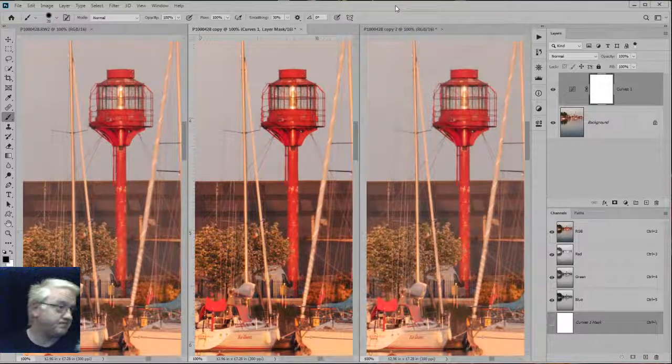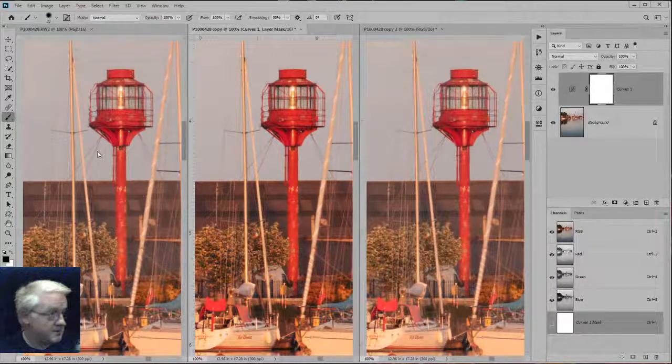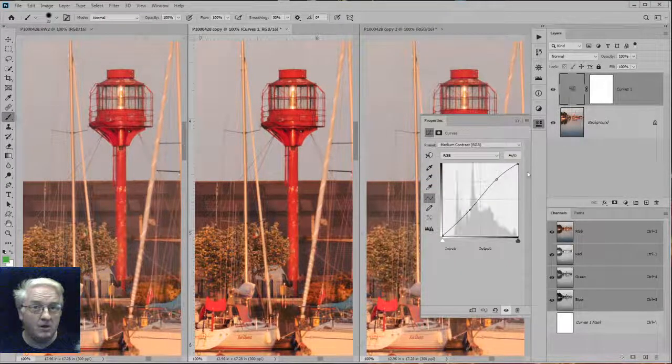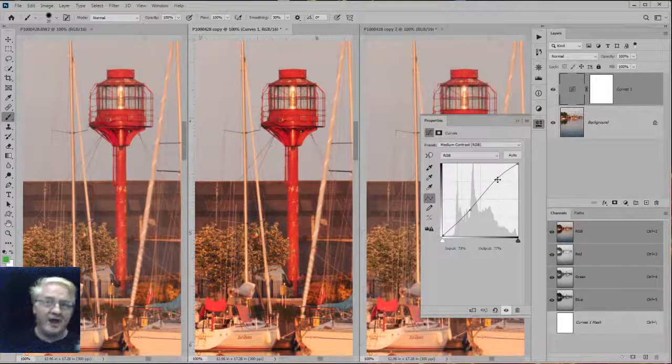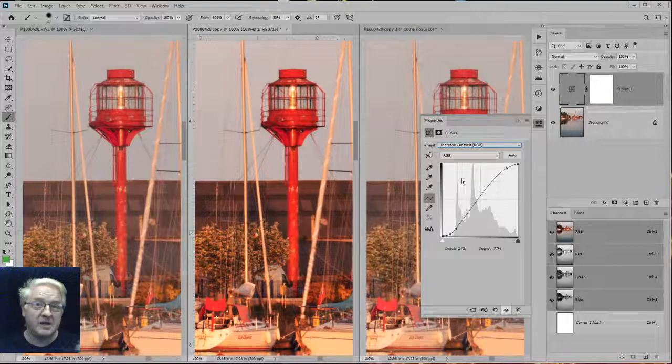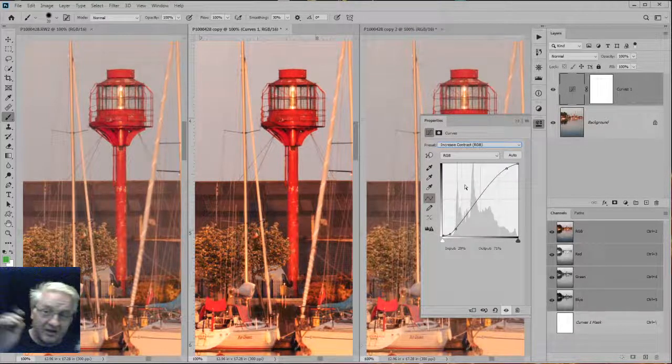You can see, even on the screen there, that the lighthouse in the middle is more saturated than the one on the left, and that was an incredibly small curve. That wasn't a major push in a curve or anything like that. And if I bring that from medium and increase the contrast, it gets even worse. And if that's on a person's face, you'll see it. That's where it's critical. You might be able to get away with it on the likes of this, but if you look at the boat in the bottom,